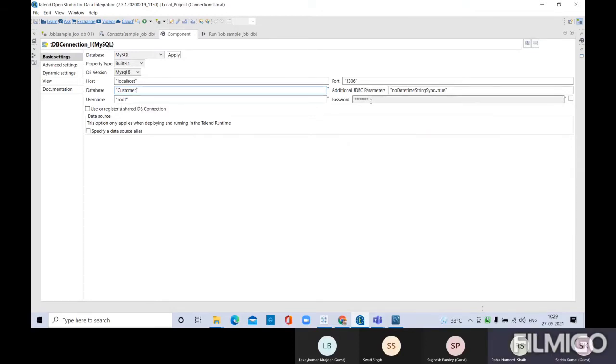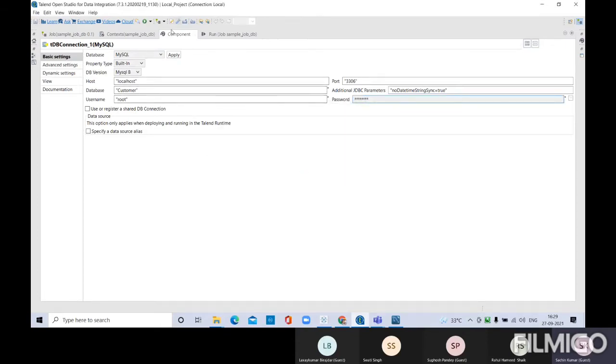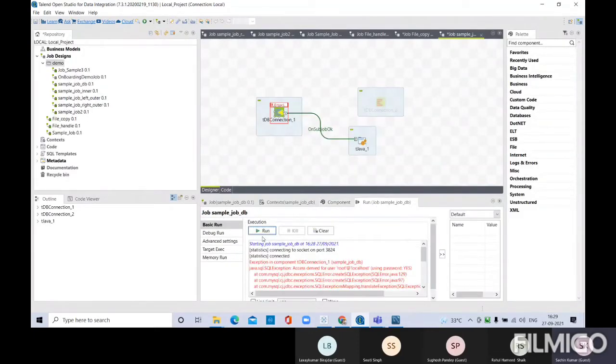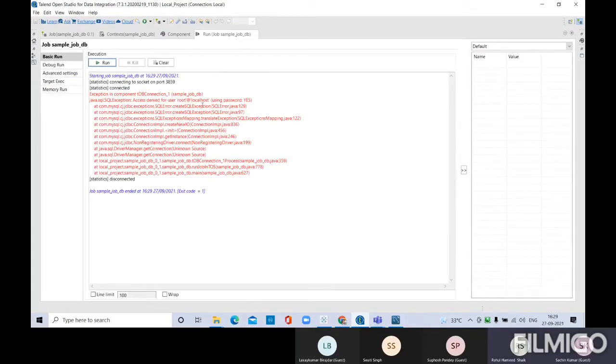I think you have removed it, right? You need to enter the password again. Is the port number correct? Yes, sir. No, I think something is wrong in the details.